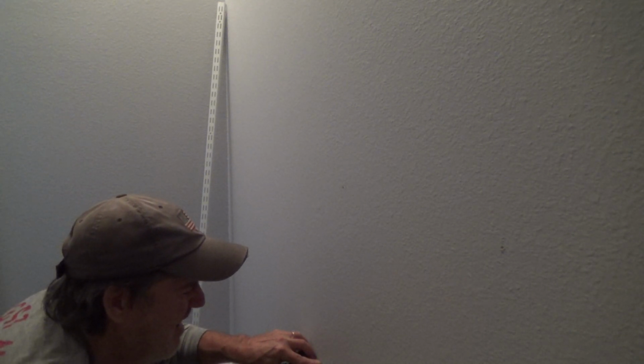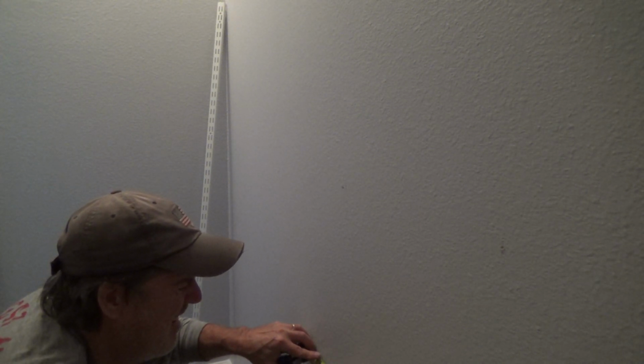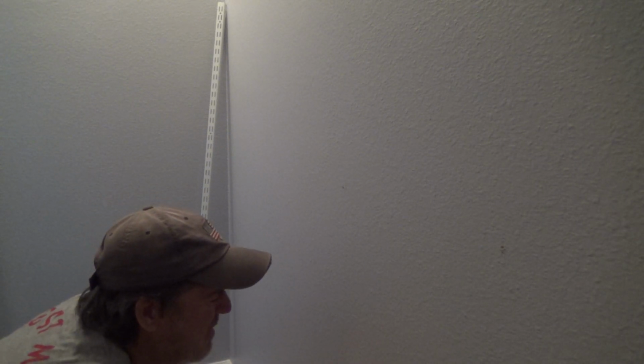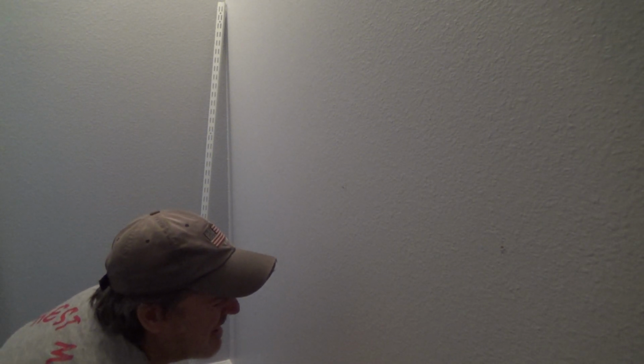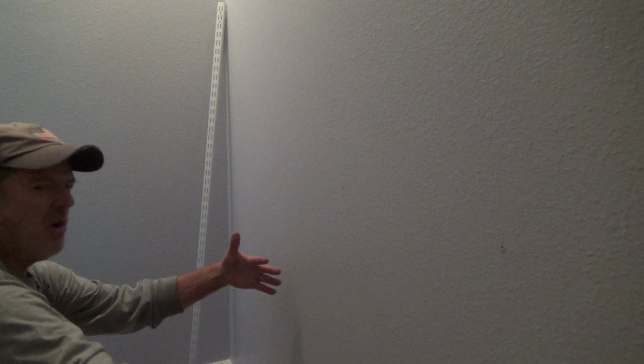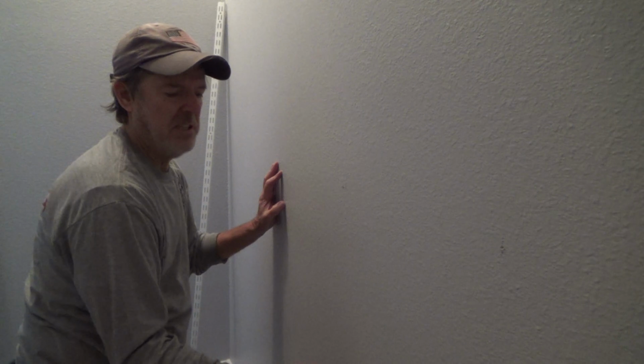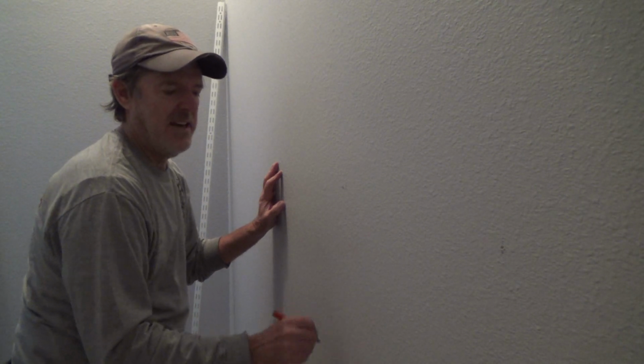I can. And that's where the edge is going to be. And I can just put an arrow like that if I want. And I know that's where the edge, that's where the right hand edge is going to be. And I did that because as I'm walking in to the closet, I'm walking this way, so I'm not going to see the line. If I get slightly off or something, I won't see the pencil line, will I? If I do it on the left side, I may see it after I get it up. I mean, it's not really that big of a deal, but